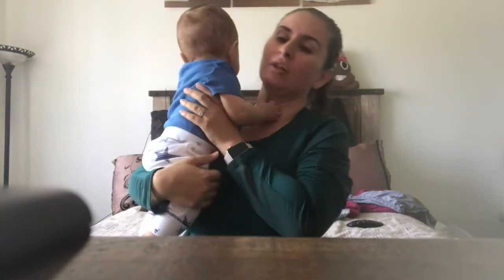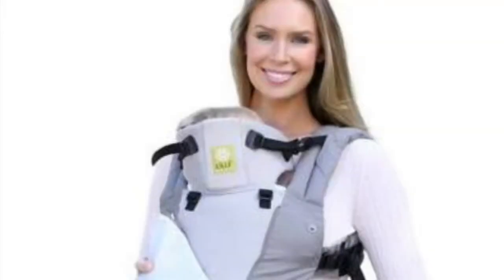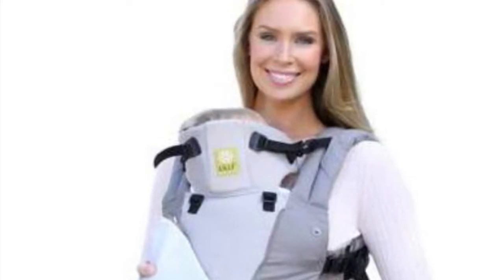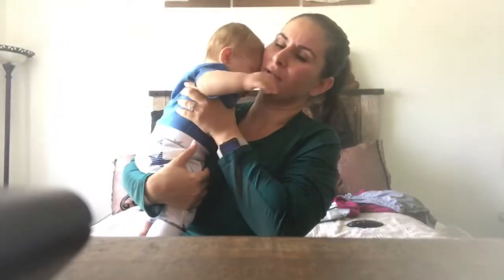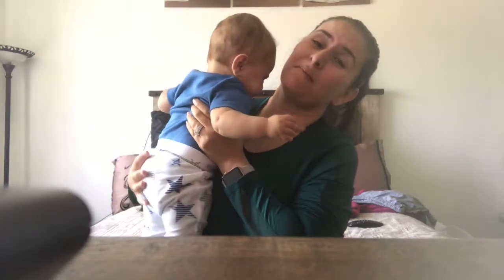With all the drool. So the Lulla Baby is amazing. It's a little bit more rough and heavy. So if you can get your baby used to a Solly wrap when they're an infant,